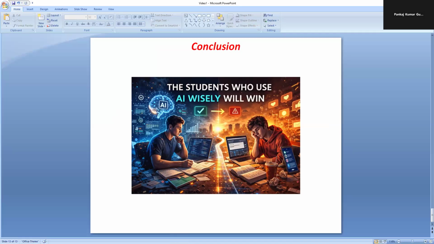AI, artificial intelligence, is making computers smarter, helping them solve problems, understand language, recognize images, and assist humans in many everyday tasks. So the future belongs to those who know how to use AI wisely. And I just need to highlight that word wisely. It's not that you use all the products that are available as an AI product. You have to choose wisely.